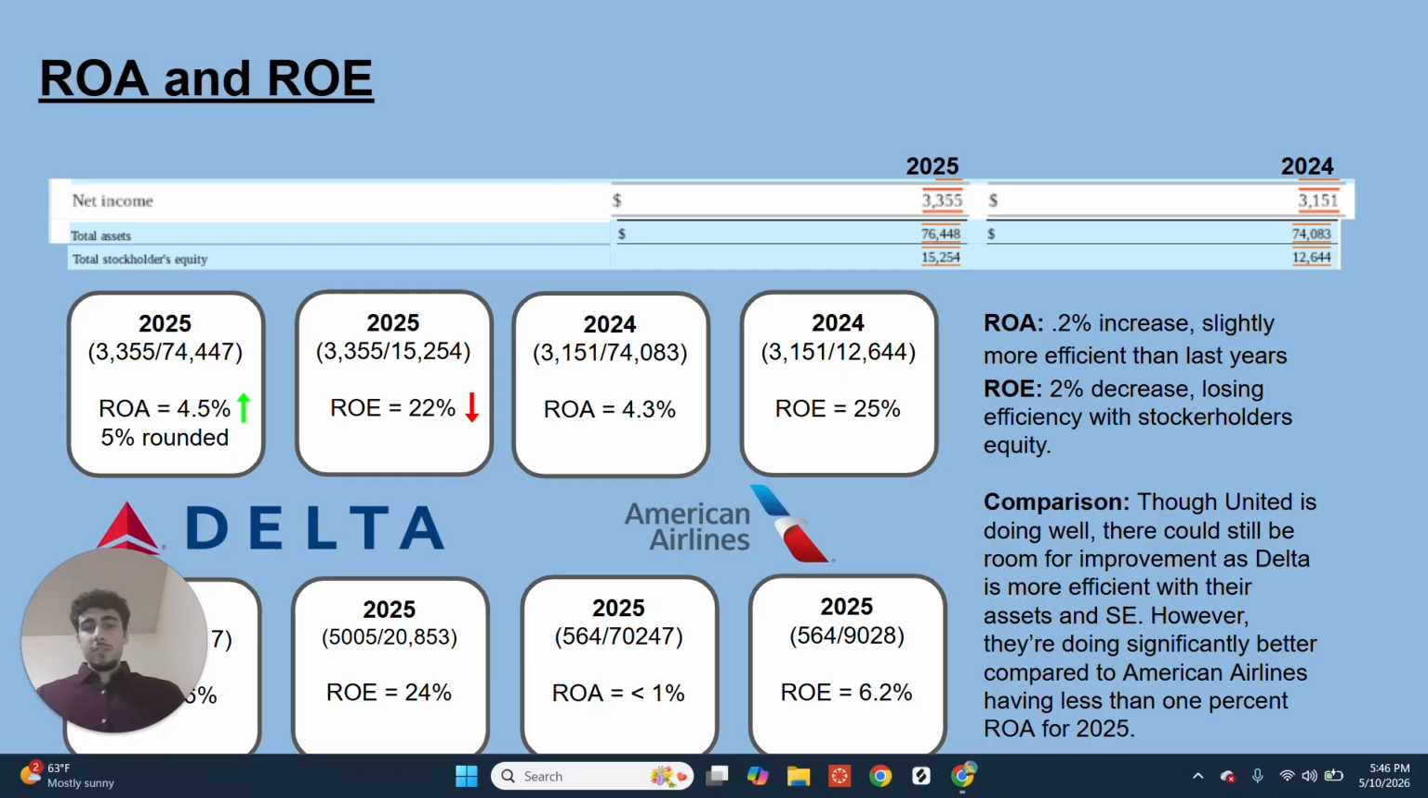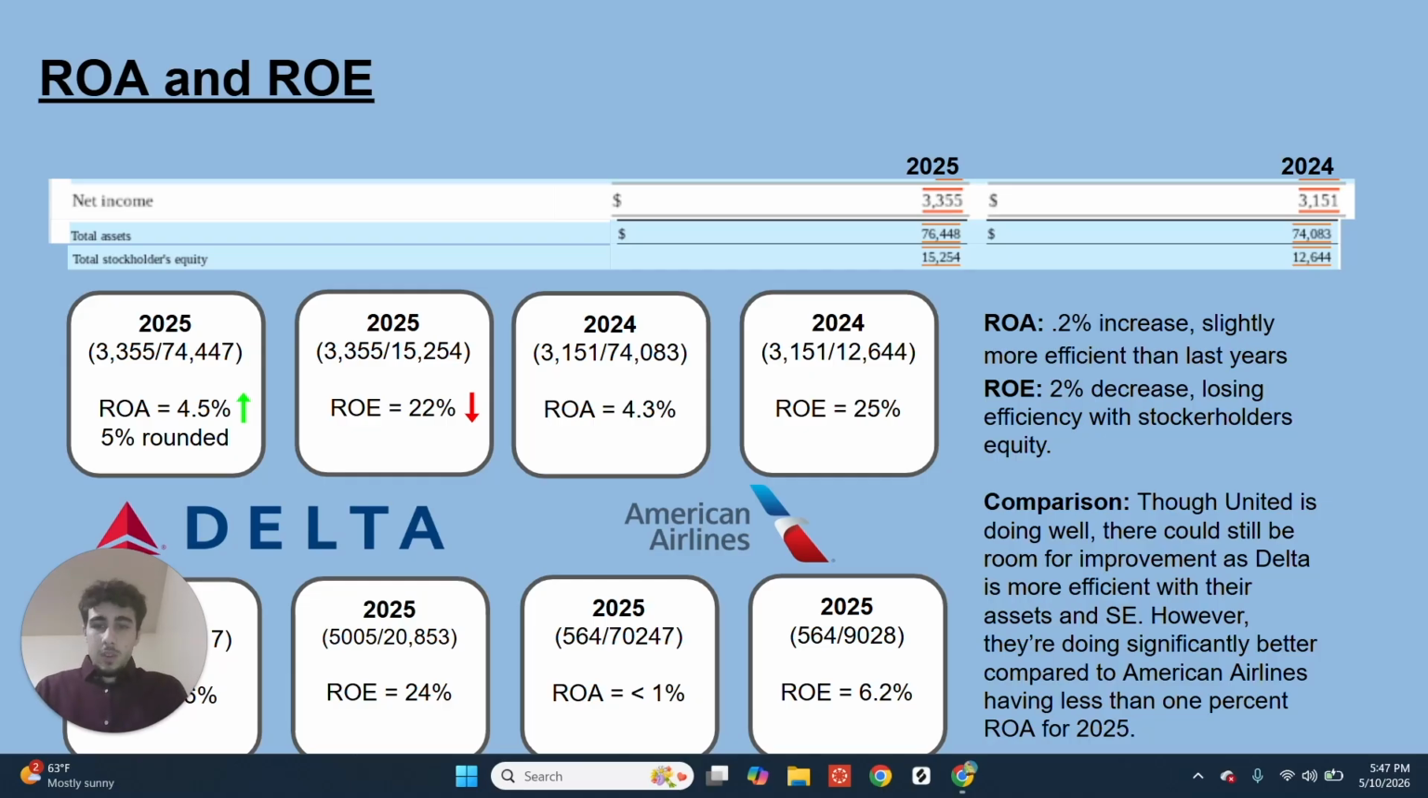When comparing competitors, Delta also performed the strongest overall, with an ROA of 6%, which means it was more effective at using its assets and creating profit, and its ROE was also higher at 24%, showing strong returns to shareholders. American Airlines had the weakest performance, with an ROA of less than 1%, meaning the company generated very little profit from its assets. It had an ROE of about 6.2%, which is also significantly lower than both United